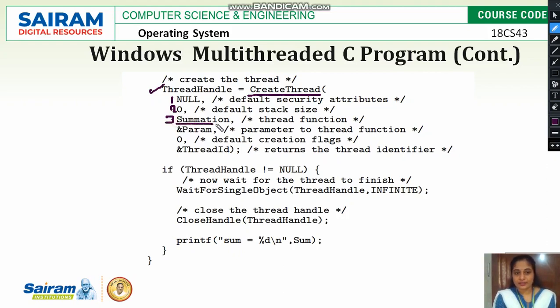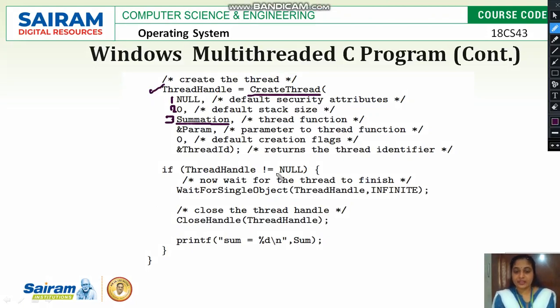This is the function called by the thread handle. Then Param are the parameters passed. 0 is the default flag for creation, and the thread ID is the identification number which is given to the thread created by CreateThread.